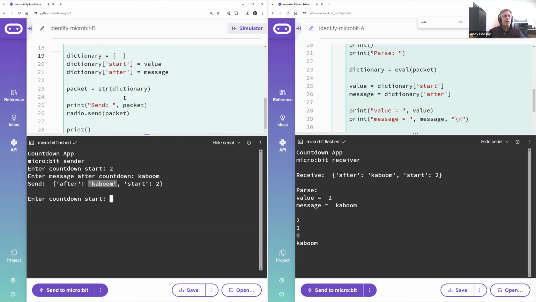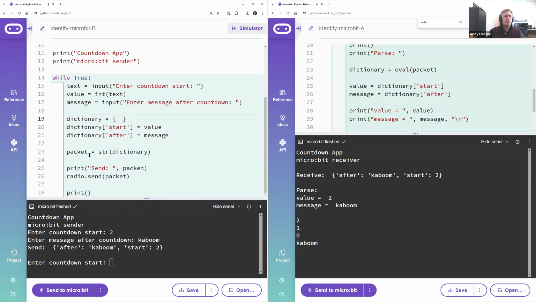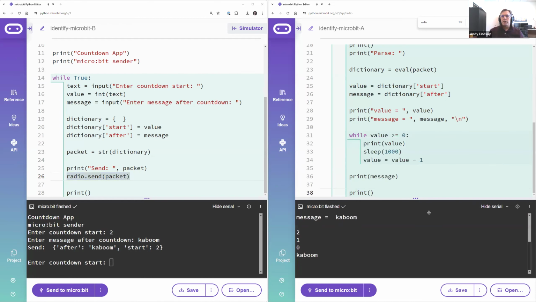And then that got all stuffed into a string right here, str of the dictionary. I used the unimaginative name of dictionary for our dictionary, which is this thing that's contained between the 2 curly braces. Then after converting it to a string, that string is named packet, and then radio.send of packet sends it out. On this end,